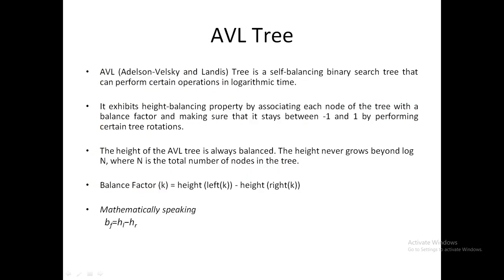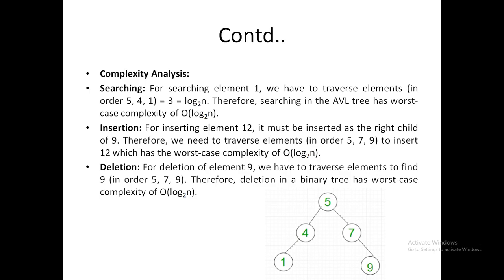Adelson-Velsky and Landis, the AVL tree, is a self-balancing binary search tree. The balancing factor is the height of the left subtree minus the height of the right subtree, and it must be between -1, 0 and 1. For the complexity analysis, if you are searching for element 1, we have to traverse 5, 4, 1, that is log n,